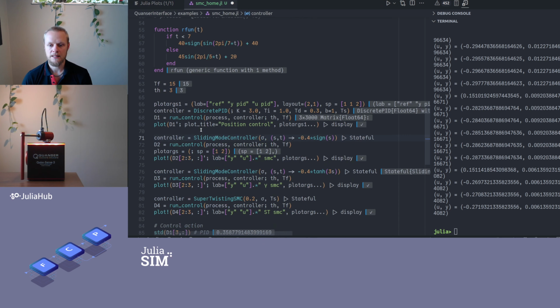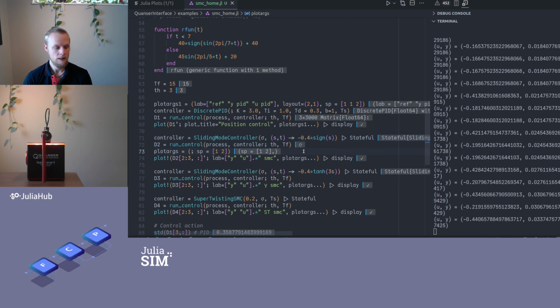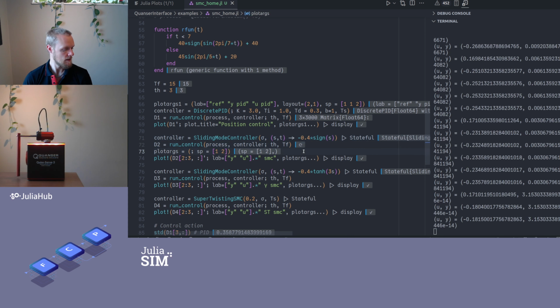All right, the next step is to try a sliding mode controller, and this is the most vanilla sliding mode controller, where the control signal is some constant times the sign of the sliding variable. All right, so we can try that. And we see that this time it's pretty quick,